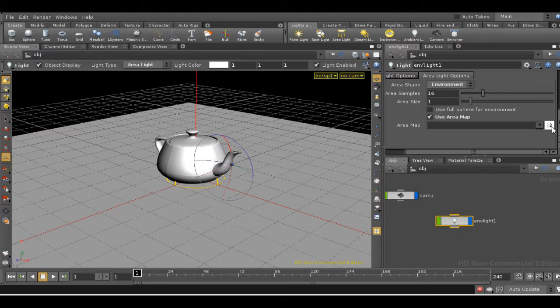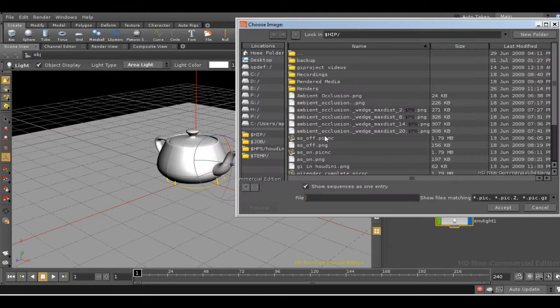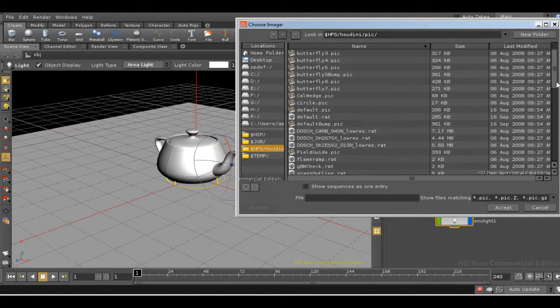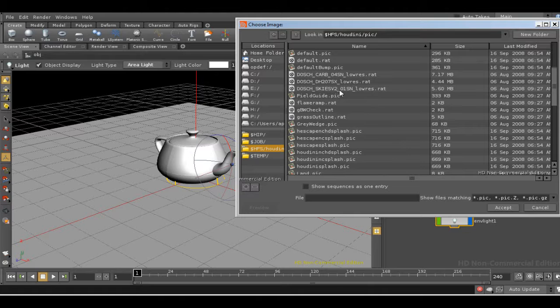But fortunately there are some example environments in Houdini, and they're in the pick directory, and they're some samples from DOSH, and the one I'm going to use is the sky